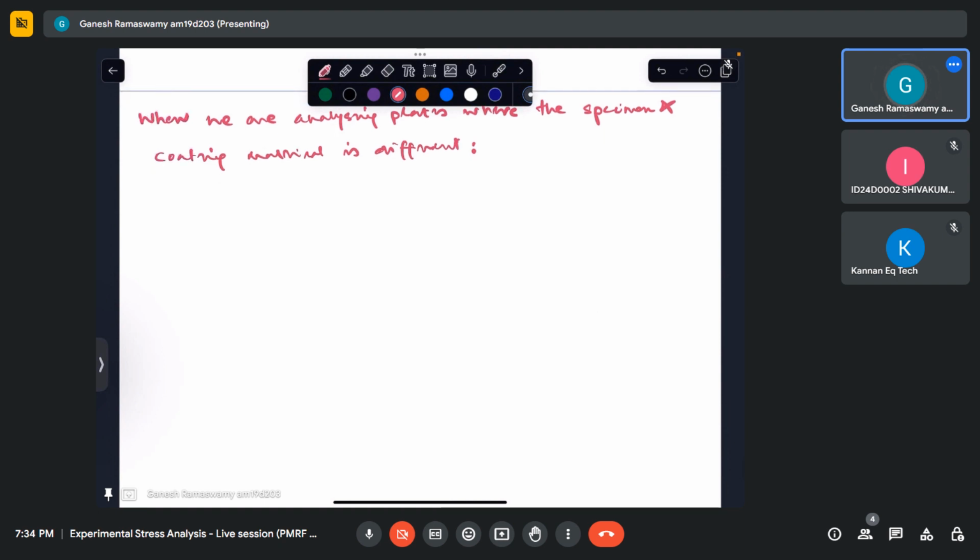into 4 times 1 plus MEG squared minus 3 times 1 plus MEG squared, whole square, divided by 1 plus MEG,